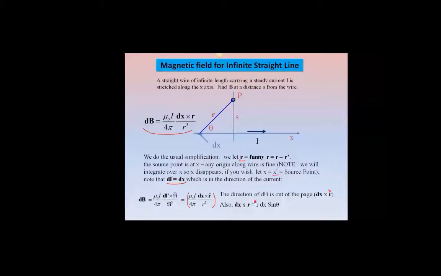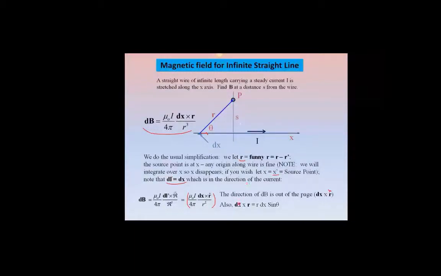If you look at the direction of dB due to r and dx, so you take dx in this direction, cross it into r, then if you use the right hand rule for the cross product, the B field will be coming out of the page here. So that gives us the direction of B. Now just imagine that you're taking this element and just moving it here. Everything's the same. You'll still end up with the B field coming out. dB is out of the page, and when we integrate,